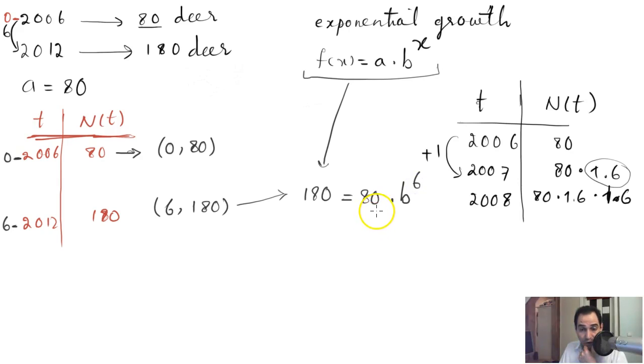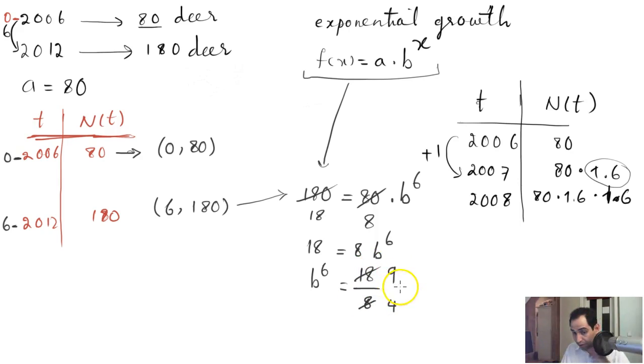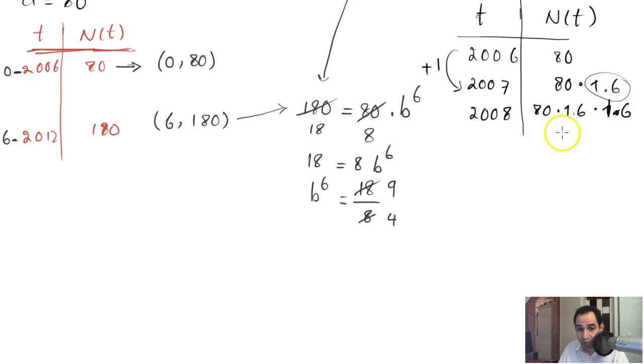So here what you can do is multiply both sides of this equation by 10, which makes this 18, makes this 8. So basically 18 is equal to 8 b raised to the power 6, and I can rewrite this as b raised to the power 6 is equal to 18 by 8. So this divided by 2 is 9, this divided by 2 is 4. So b raised to the power 6 is equal to